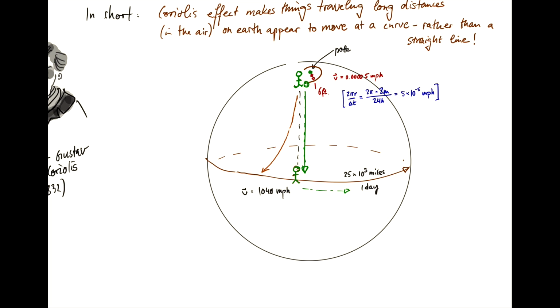And so if player number 2 was shooting a ball upward, trying to shoot it northward, player number 1 would be left behind. So this is, let's call them number 1 and number 2. And the ball would be deflected to the right. So deflection in the northern hemisphere is always clockwise, to the right.